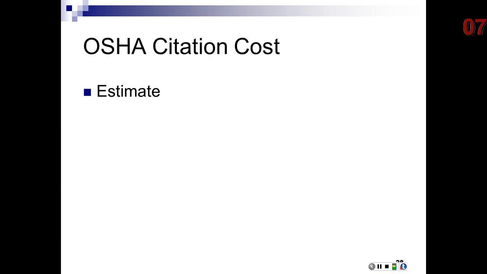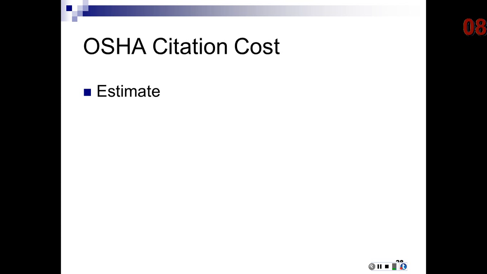OSHA citation, this you can either take or leave. I'm going to add it in as a sample to show you. If this were considered a willful violation, since you've had an injury, you've evaluated the job, you know the job places an excessive demand on an employee, you know that injury potential is still present, and if you don't make changes, the hazard condition exists, then if you do nothing, potentially you could have a $50,000 to